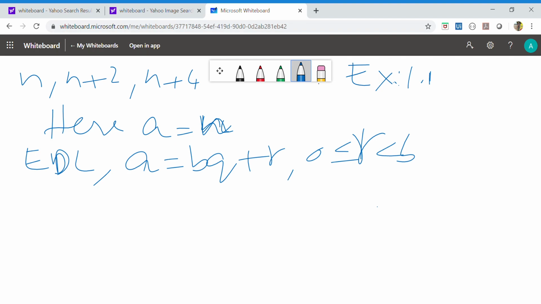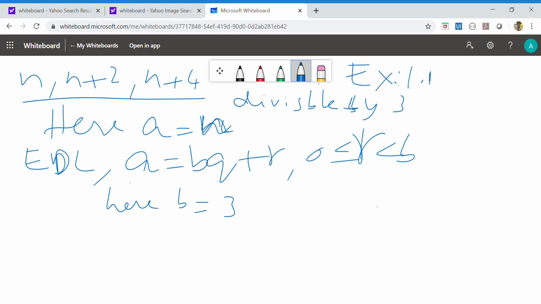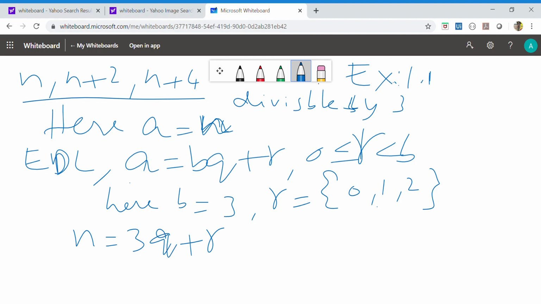Given that n, n plus 2, n plus 4 are to be checked for divisibility by 3. So if it is divisible by 3, then what is b? Here b is equal to 3. a is equal to n and b is equal to 3. Then the possible remainders are 0, 1, 2. So here we will get n is equal to 3q plus r, where n is an integer. So in this we have to check